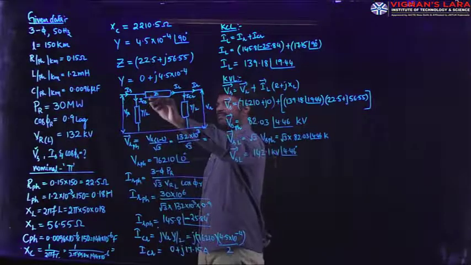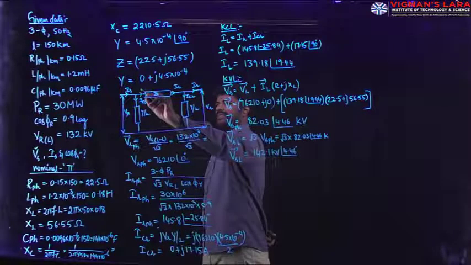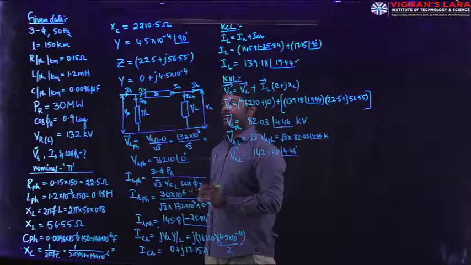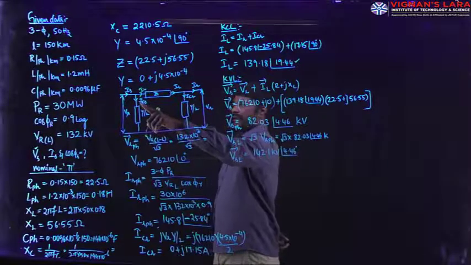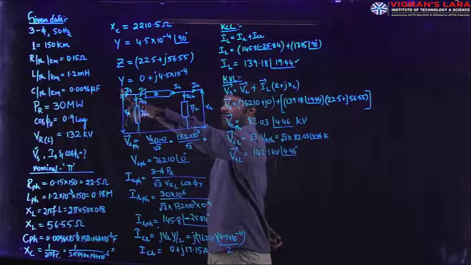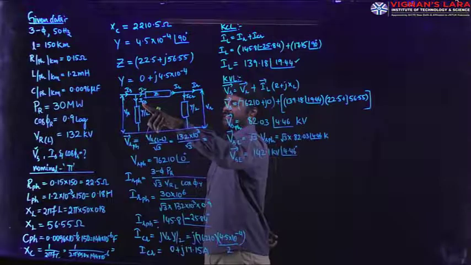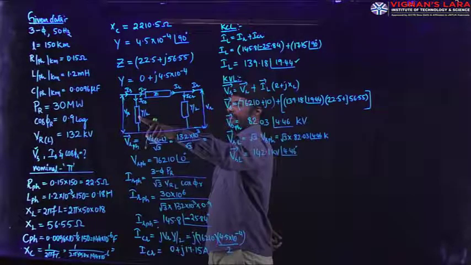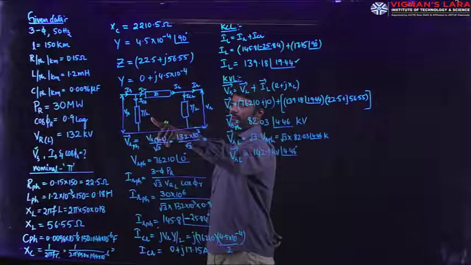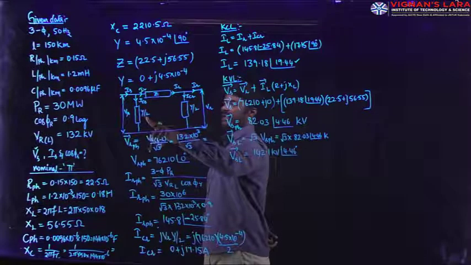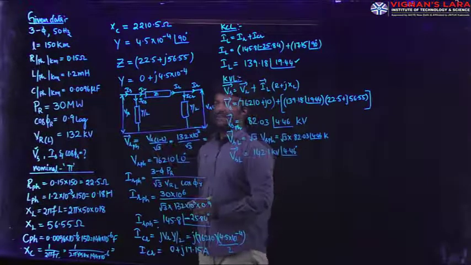Observing the diagram, this IL is there with us, just now calculated, as this is the value of IL. If you can calculate ICS, apply KCL at this node and get the value of IS. Then how to get this ICS? Apply the Ohm's law. As per the Ohm's law, branch admittance is known for us, Y by 2, and branch voltage is known for us, this is Vs. Multiplying these two, I will get this ICS.